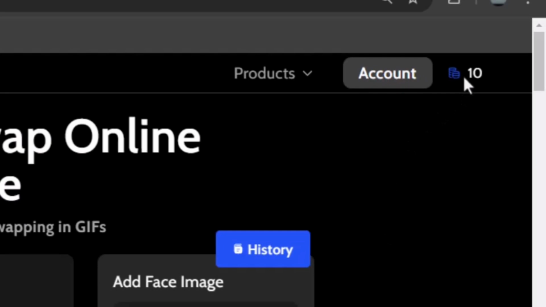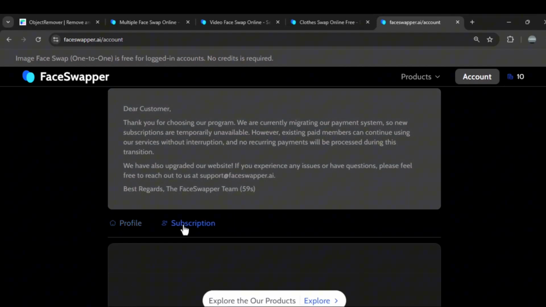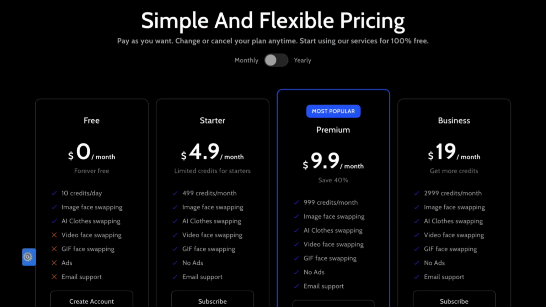As you can see, it says 10 credits up here for me. If I click on Account and then Subscription Upgrade, it shows that in the free plan I'm currently using, I get 10 credits daily that I can use for image face swapping or clothing swapping to change a character's outfit. Now, if we want to have video face swapping as well, we need to get the starter plan, which costs